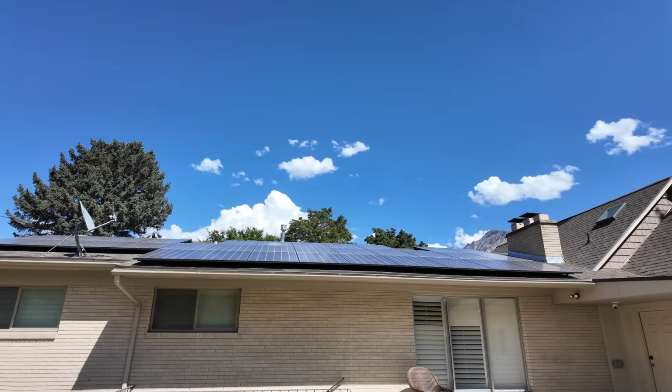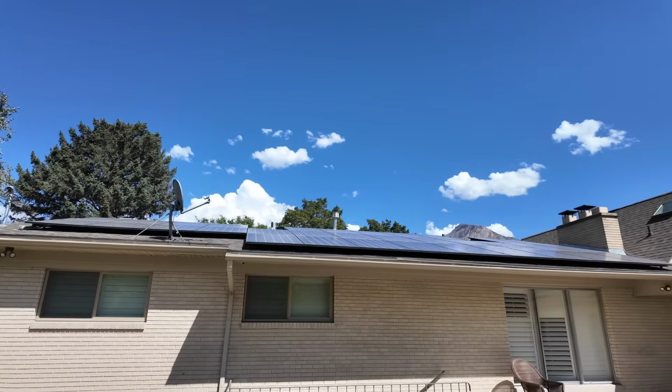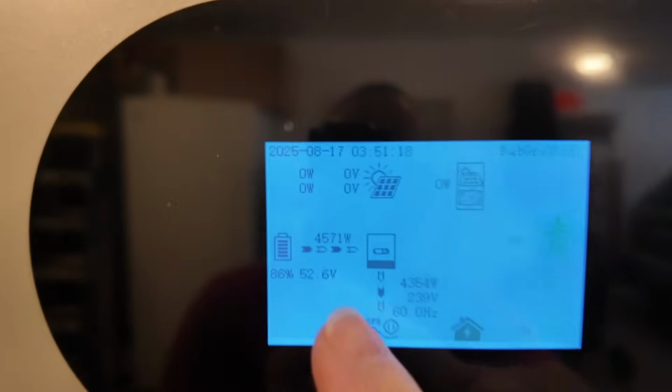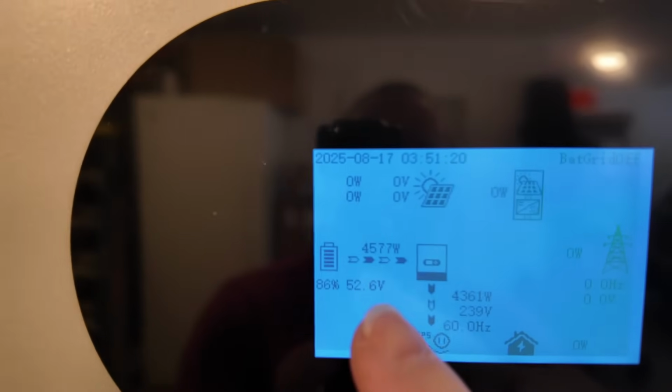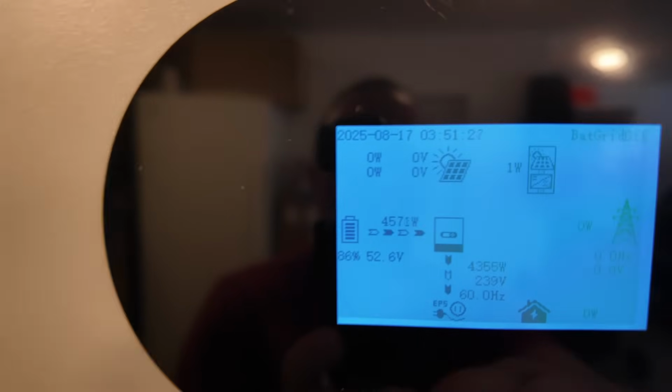We've got some really great sun exposure right now on these panels, so we should get some really good solar. So I want you to pay attention to something here. Currently, the batteries are supplying all the power that the inverter needs, okay? About 4,500-ish watts. That fluctuates a little bit, but I want to show you what happens when this AC coupled